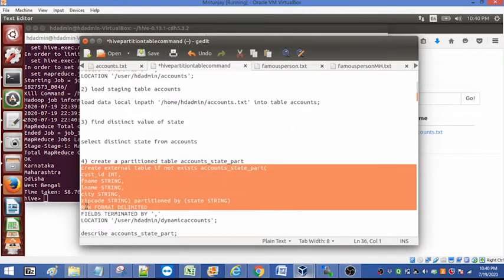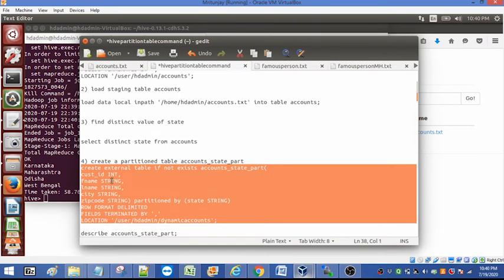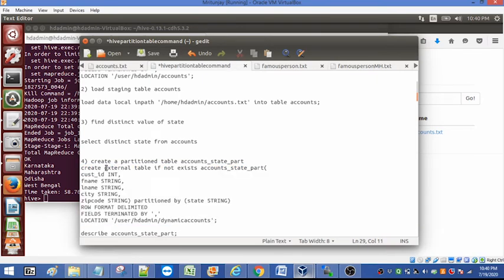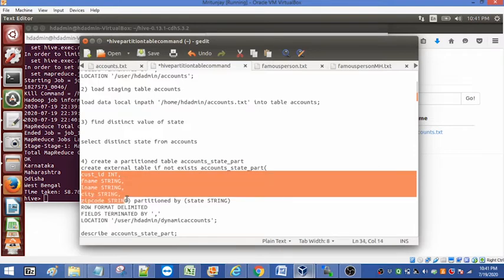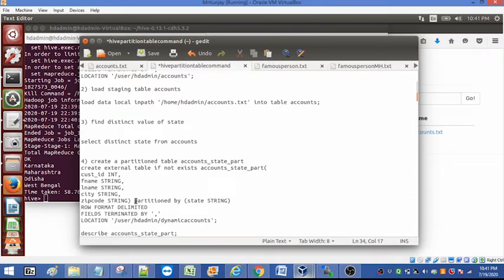This is the command. See here, we can create an external as well as a managed table. Now, for example, creating an external table. Table name is account state part. Fields are customer ID, first name, last name, city, and zip code. And the keyword to create a partition table is partitioned by.